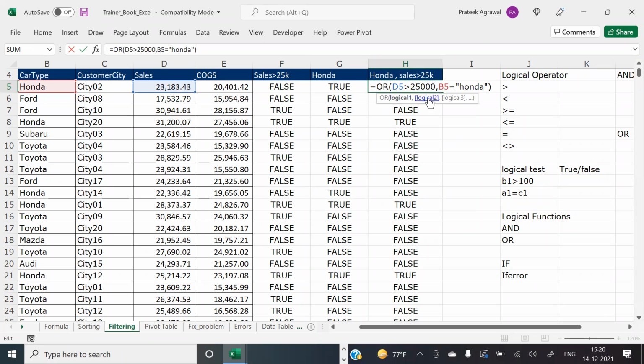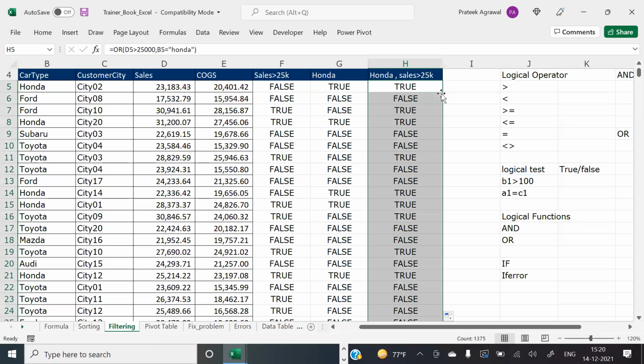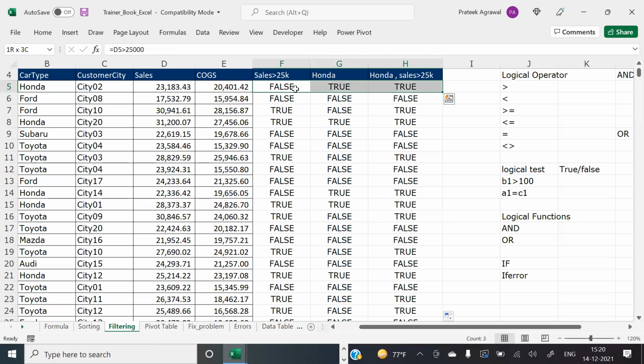But OR will give me true if either one of the conditions is true. So in this case, I'm getting a true. Why true? Because not both, but at least one is true. I'll get false in OR if both are false. And if both are true, definitely we'll get a value of true. So this is how you use your AND and OR.